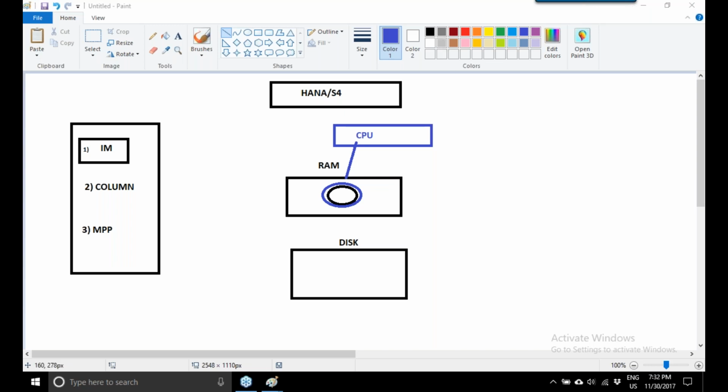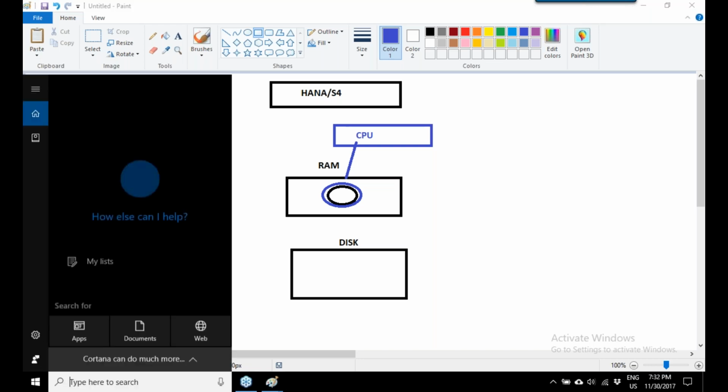Now, what is column orientation? Why does the new, next generation platform store data in column orientation? What is the difference between storing data in rows and storing data in columns? Let me try to explain.